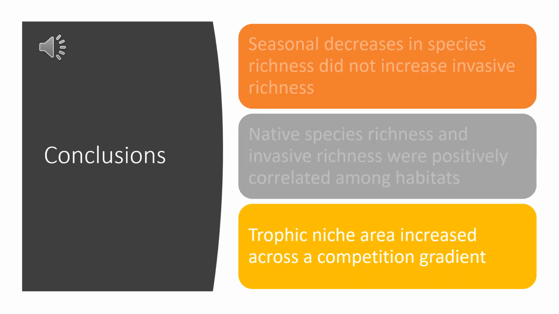When we looked at total area, we saw that the trophic niche area increased across a competition gradient in the predicted direction. Although this didn't always happen at a 5% threshold like it did in the sawgrass, it did happen at or below a 25% threshold in both the spikerush and the pond habitats, which is likely